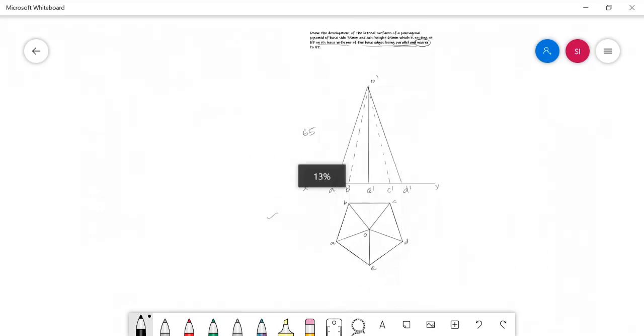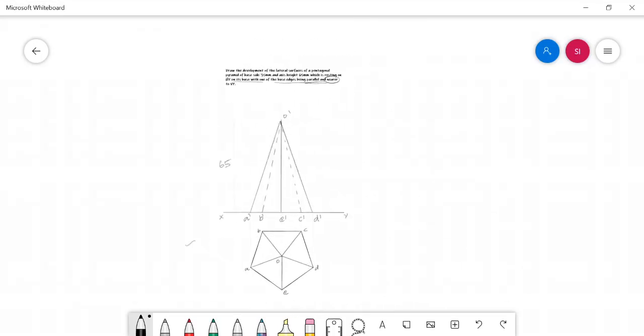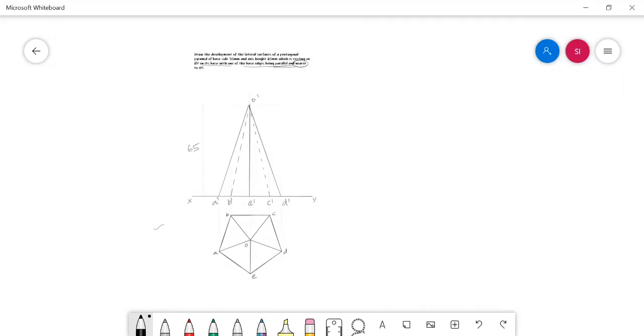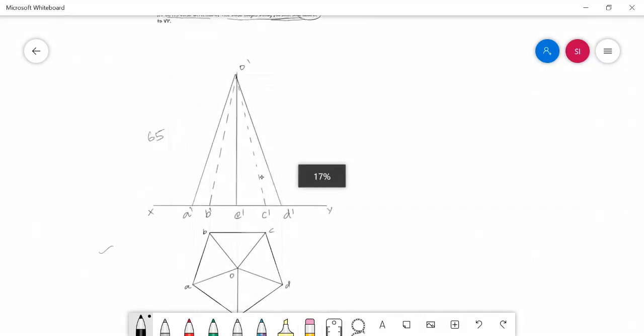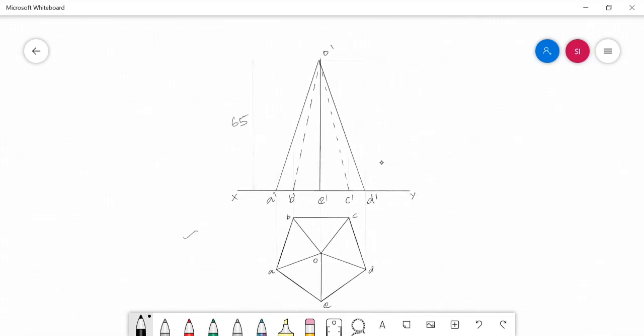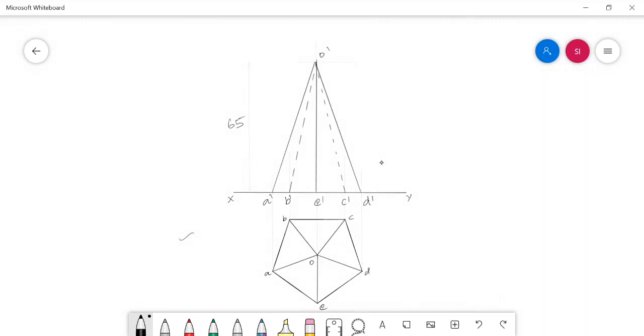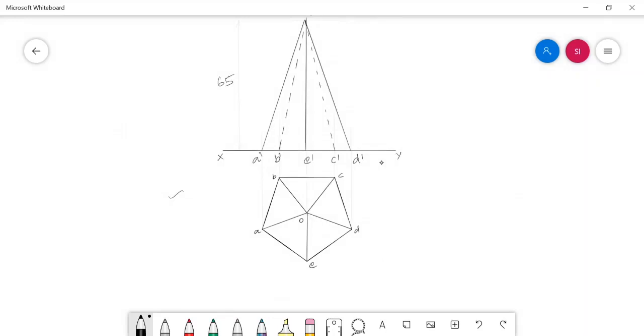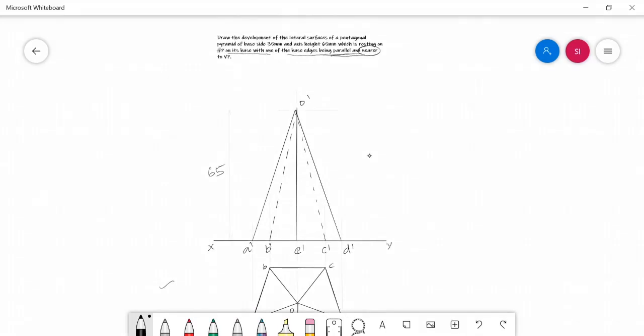Now the projection of the pentagonal pyramid is over, and then we need to develop this pentagonal pyramid in this condition. We need to follow the radial line method. In order to execute the radial line method for developing the uncut pyramid, first we need to know the true slant length of this pentagonal pyramid. The dimensions given in the problem are the base side, that is 35 mm, and the axis height 65 mm. These two data are already given in the problem.